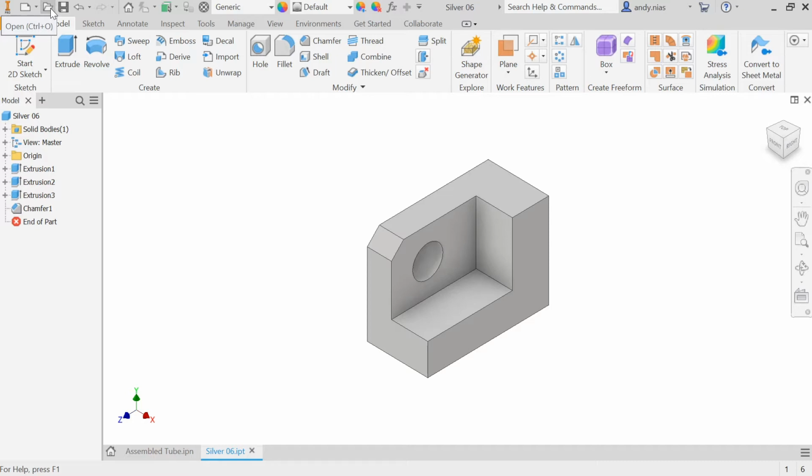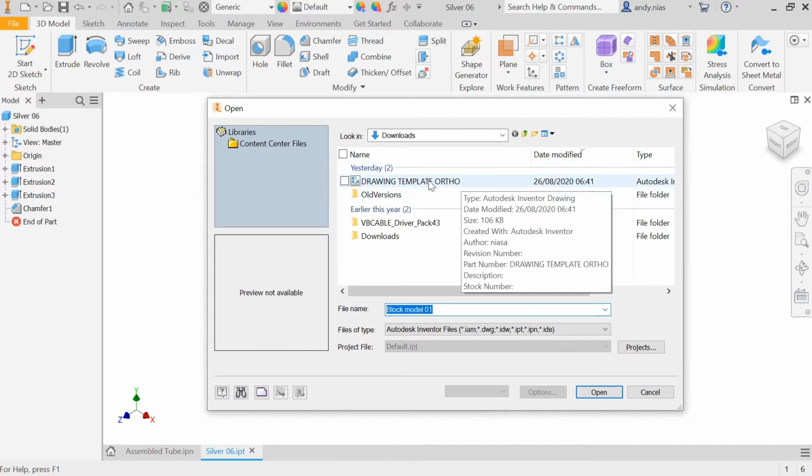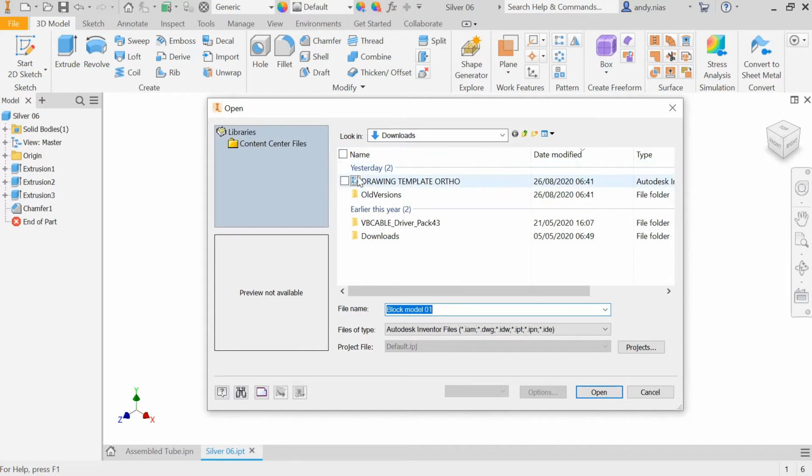So if you find the file on the classroom and download it, put it in your folders where you're keeping all your graphics files. I'm just leaving mine in the downloads folder for now. Once you've found it, open it,